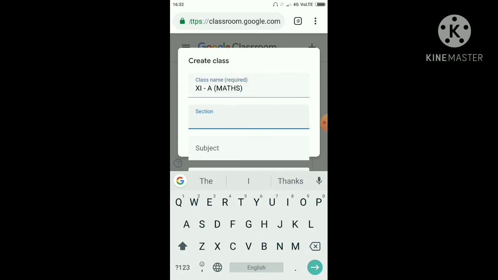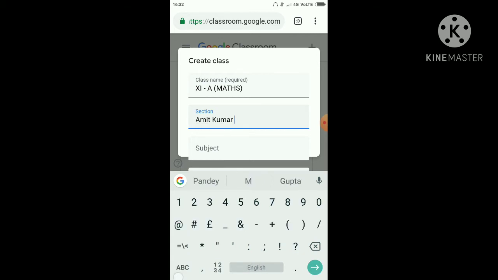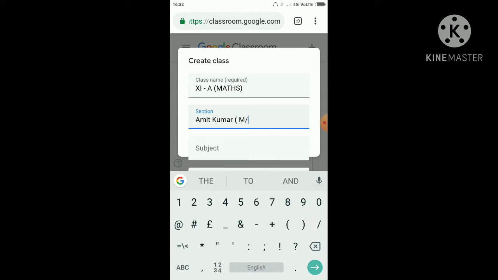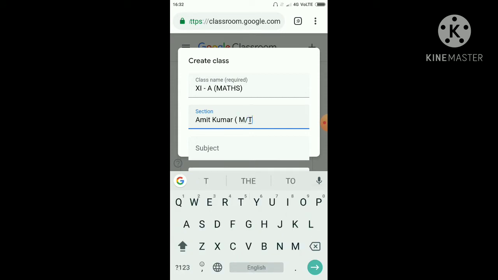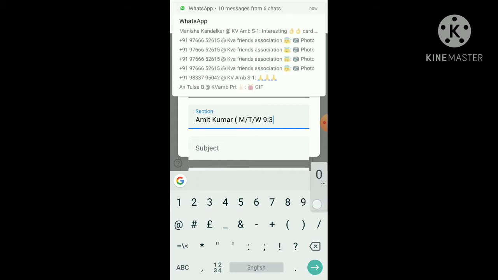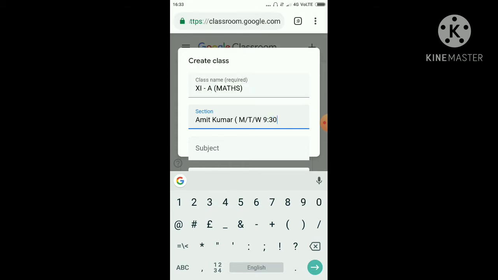In section, you have to put the teacher name. You can change according to your need. In brackets, I am putting the timetable here. Monday, Tuesday, Wednesday. Suppose I am taking 9:30 to 10:30.